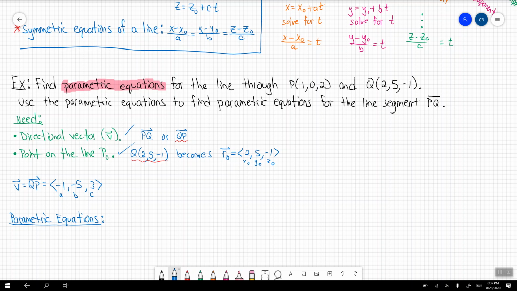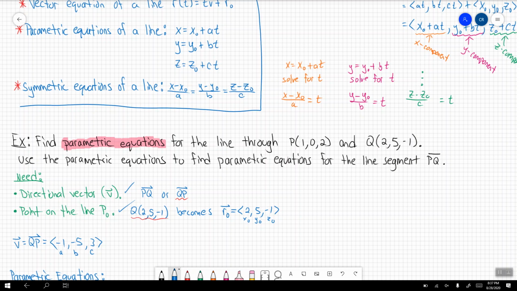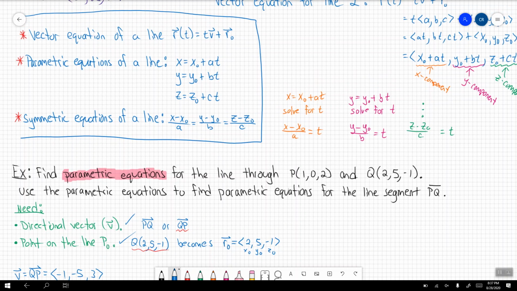According to the work that I had previously done, the one where I boxed my answers up there, where I showed the 3 super duper uber important equations, the parametric equations were the middle one that we worked on,